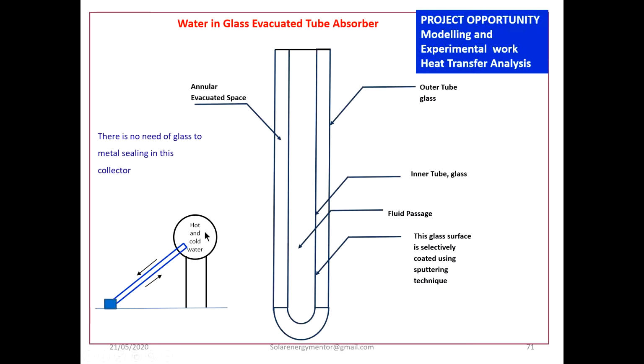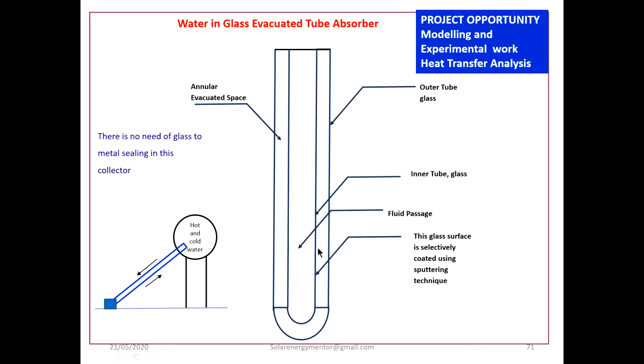Suppose this cold water comes into the tank here at a height. Suppose this water tank you install here at say 2 meter, 3 meter, 4 meter height, then 4 meter height will create 4 kg per cm square of pressure in water. So this 4 kg per cm square of internal pressure, these tubes cannot sustain. So there must be a pressure reducing valve. A pressure reducing valve is needed between the cold water tank and the tubes.